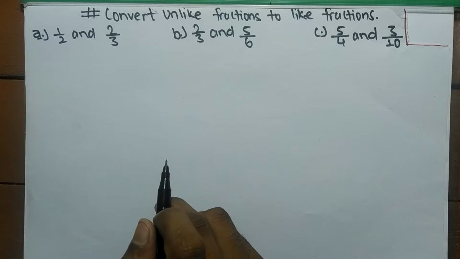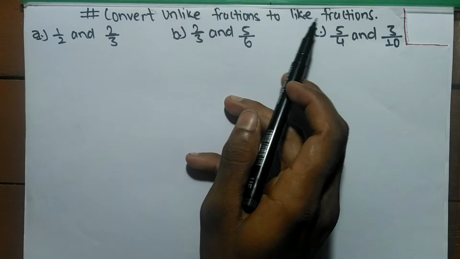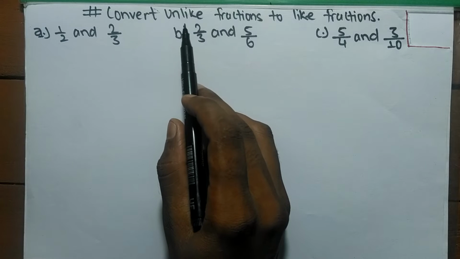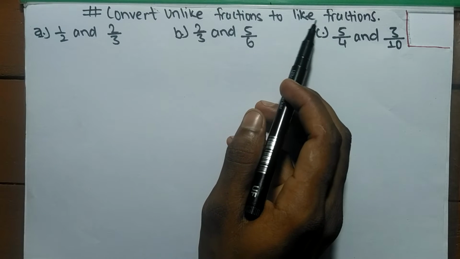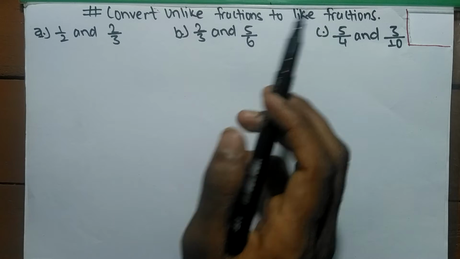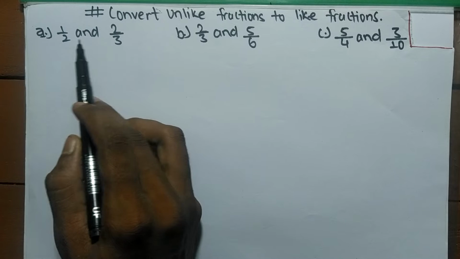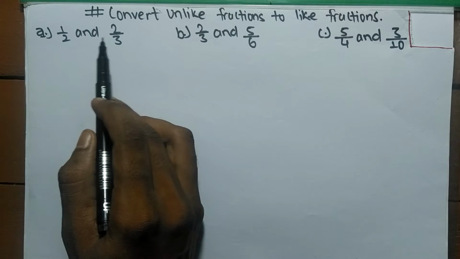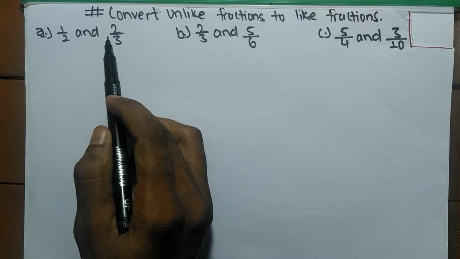So today in this video we shall learn to convert unlike fractions to like fractions. Unlike fractions means having different denominators and like fractions means having the same denominators. Here the fractions are 1 by 2 and 2 by 3. Here the denominators are 2 and 3, which means they are unlike fractions, and we have to convert them into like